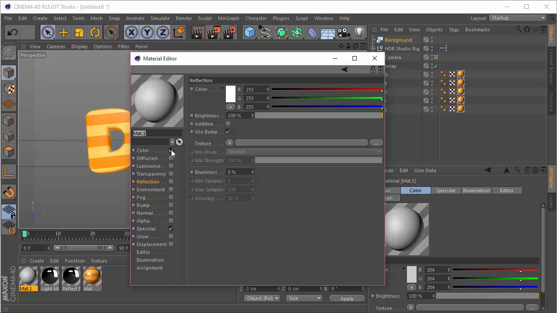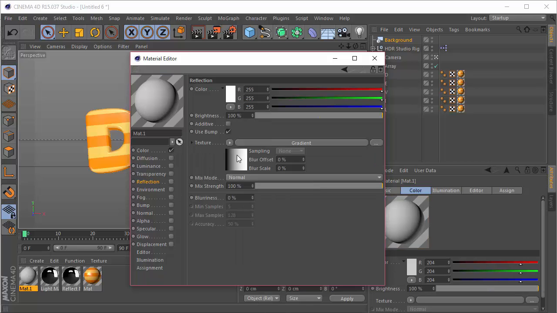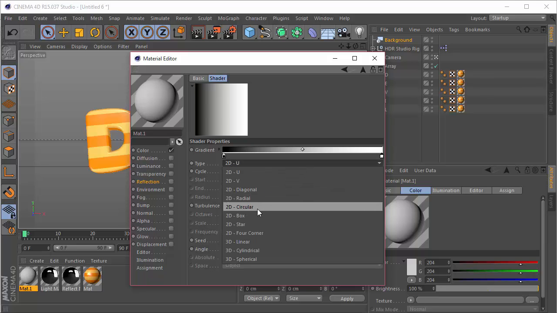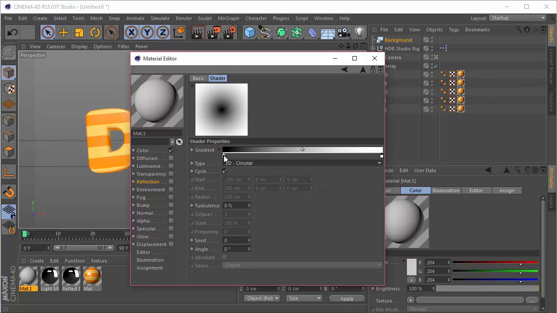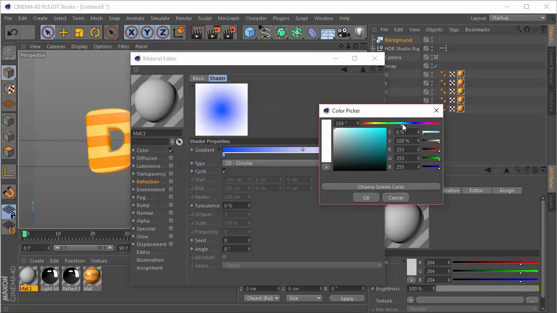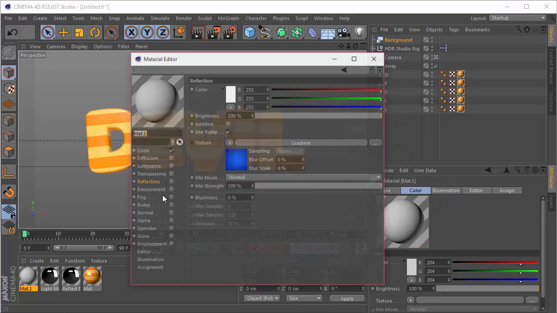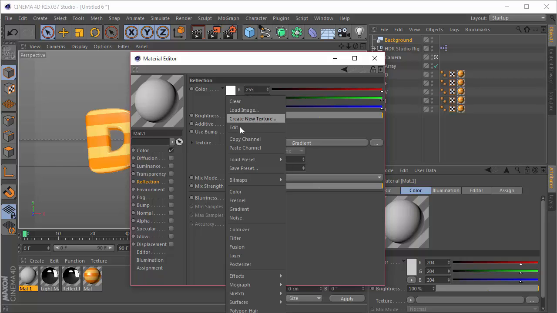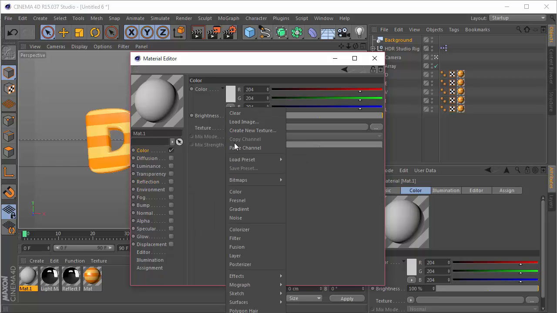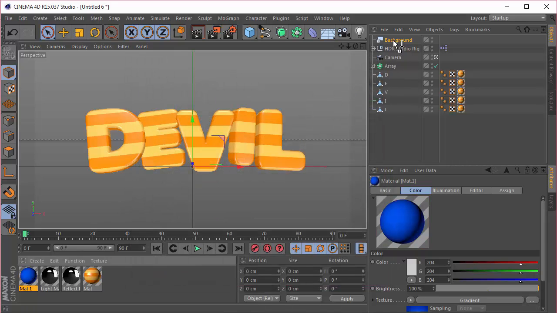In the color channel I'm going to choose a gradient, and I'll make the gradient circular, with a light blue color and a dark blue-ish color. Oops, it was in the reflection channel, so let me copy this channel and paste it, and then put it on the background. And then when we make a render,